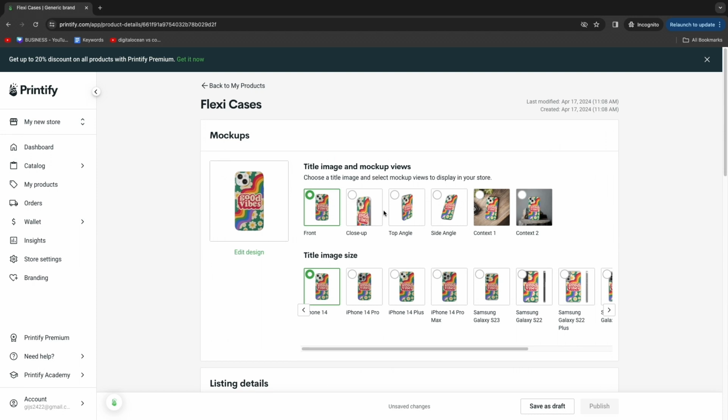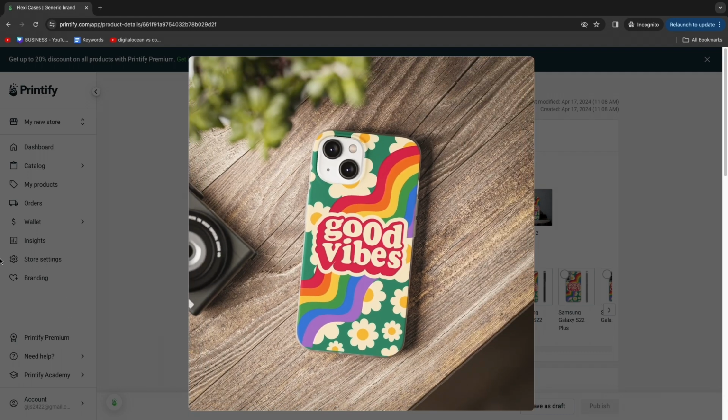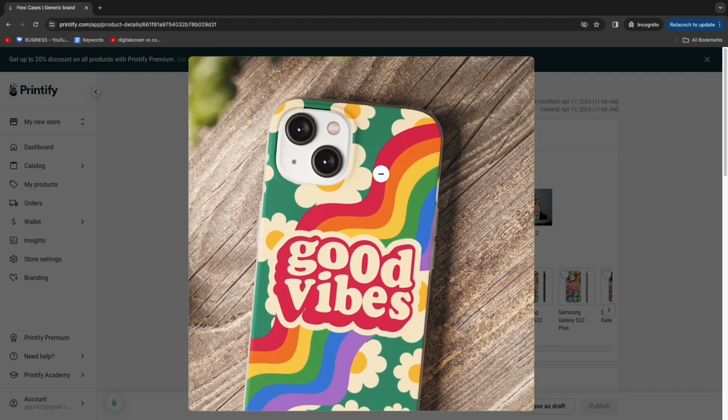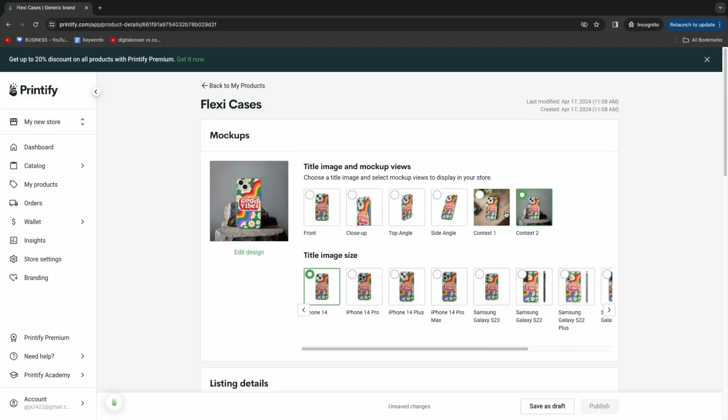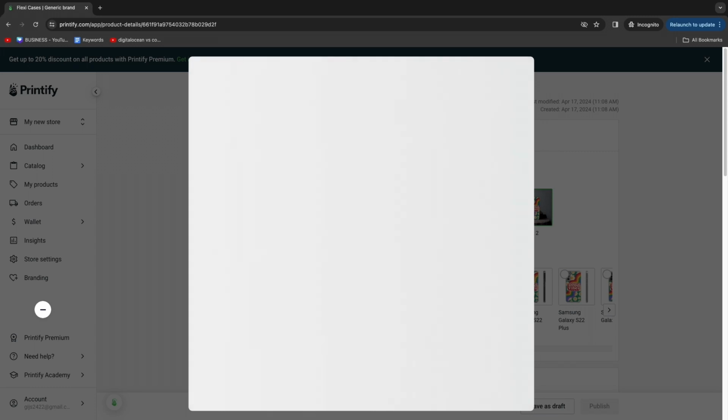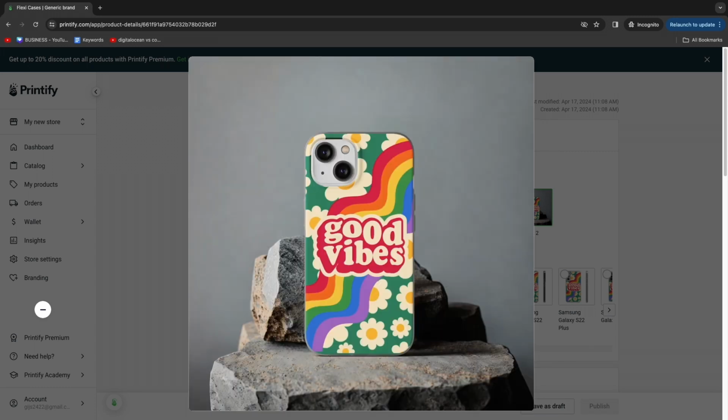So now we also have some mock-ups right here. And so you have the front, then here you have a close-up, a top angle, side angle, context 1 and context 2. Now if you click on this image, you can see that this looks very good, and it's a beautiful mock-up that we have now created that you can actually add to your website if you intend on selling this online. And in my opinion, Printify is by far the best tool to actually create these custom phone cases,